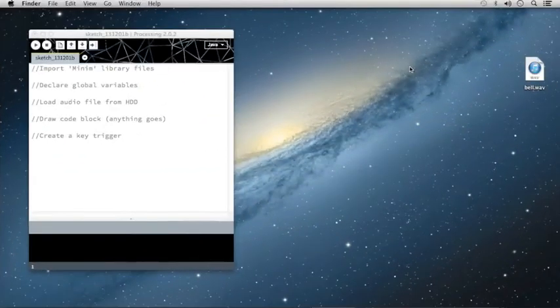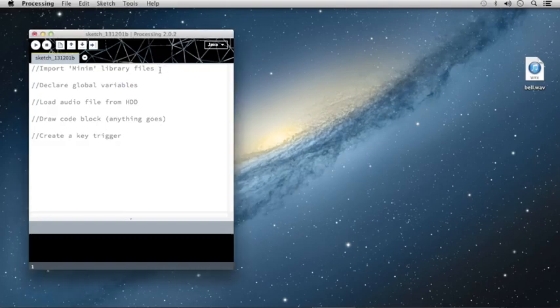Okay, here we are in Processing, and I've created a new sketch. And I've placed into the sketch several comment lines outlining the steps that we'll be taking to add audio to our sketch. I'm going to show you two different ways to work with audio in Processing. The first is going to use the AudioPlayer variable to simply play back a file upon launching your sketch. The second is going to use the AudioSample variable, allowing you to trigger the playback of an audio file using a keyboard press. So, to get started, first I'm going to show you how to import the Minim library